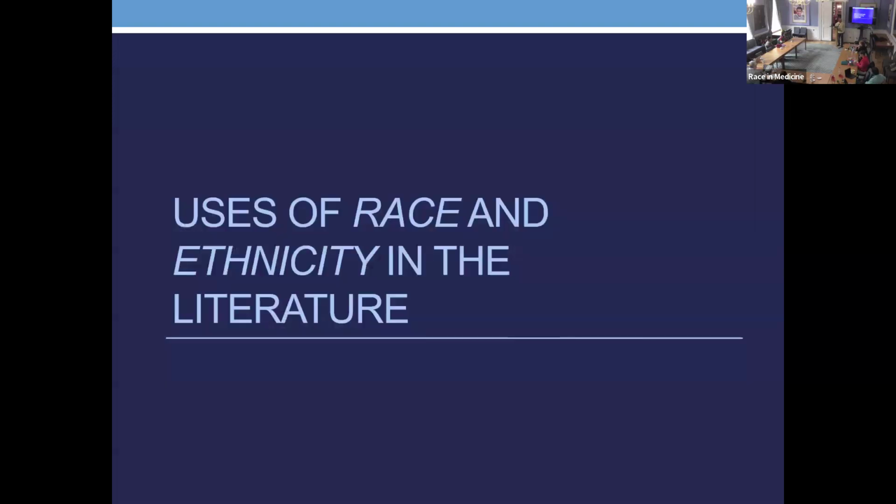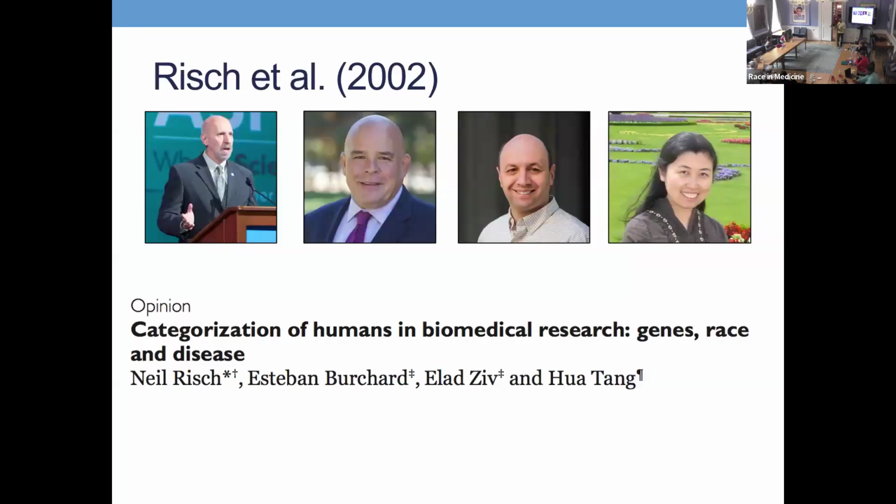All right. Let me talk a little bit about the various ways in which race and ethnicity are currently used in the literature to sort of motivate why what's currently happening is an issue. All right, we're going to start in the grand old year of 2002, which is, sidebar, weird for me to say, "grand old," which means I'm now old. But you know, this is how things go, apparently.